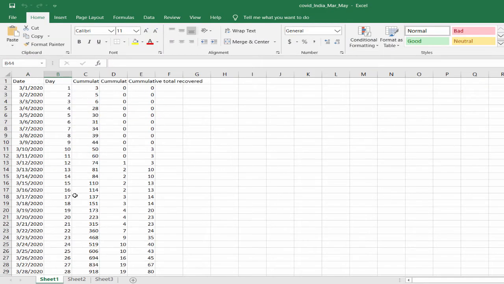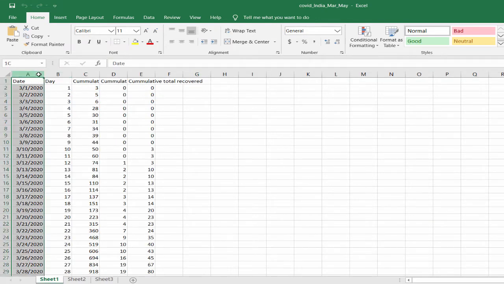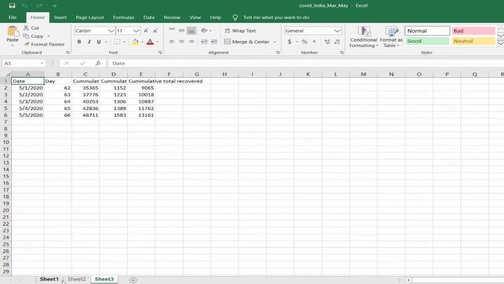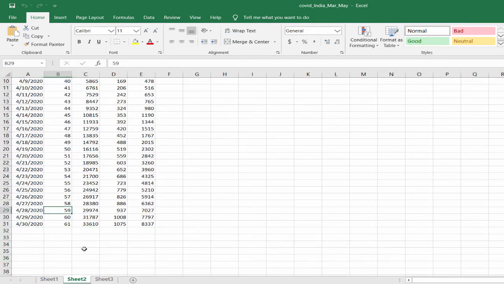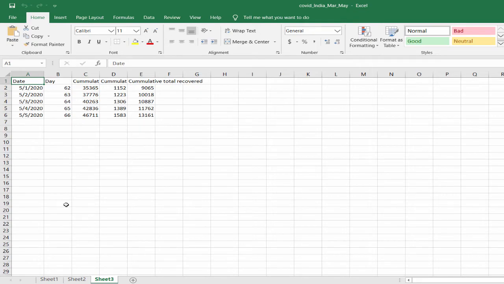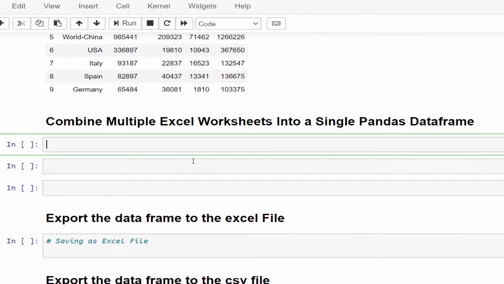Now the next scenario: we have a single Excel file that contains multiple sheets, and all contain the same columns. The first sheet is for March, this is for April, and this is for May. Everything is in different sheets. Now we have to combine all these multiple worksheets into a single data frame.